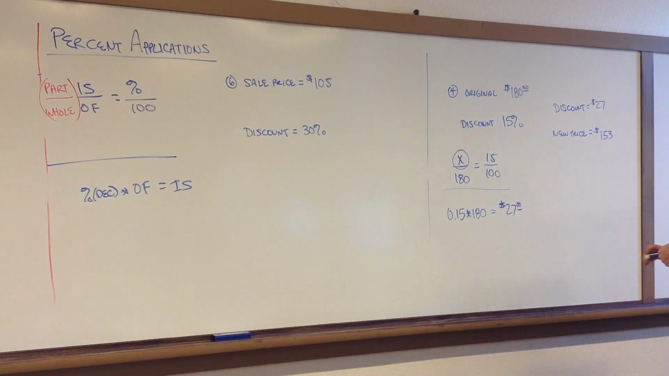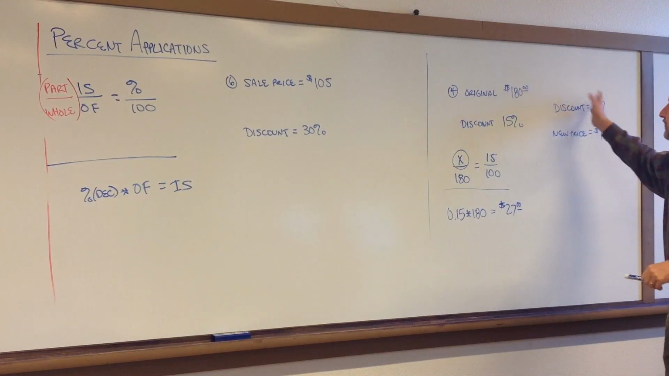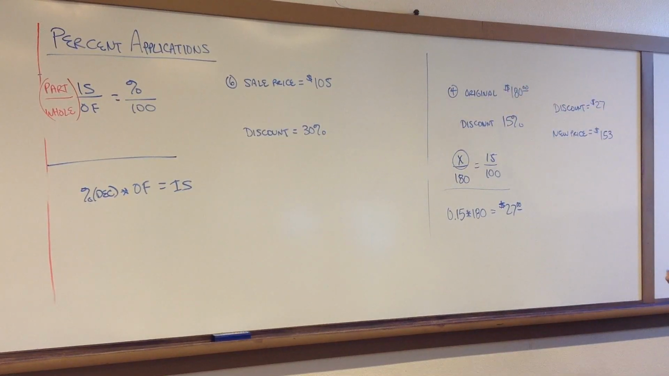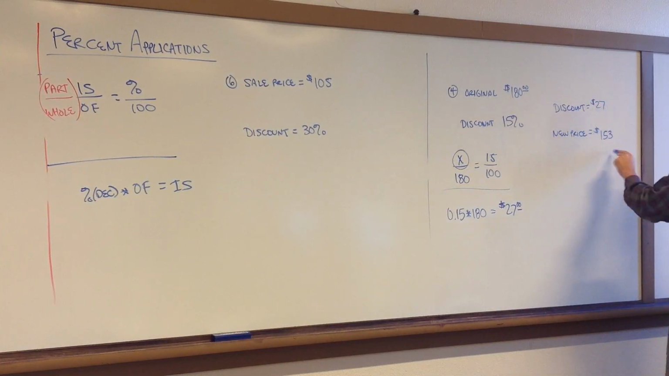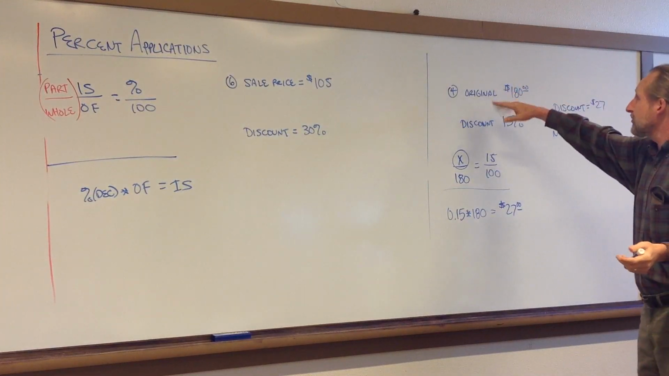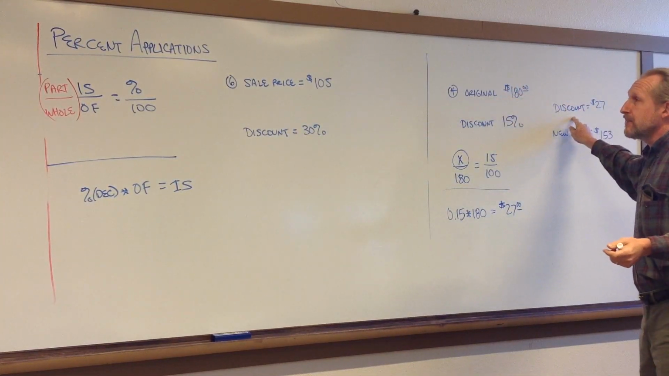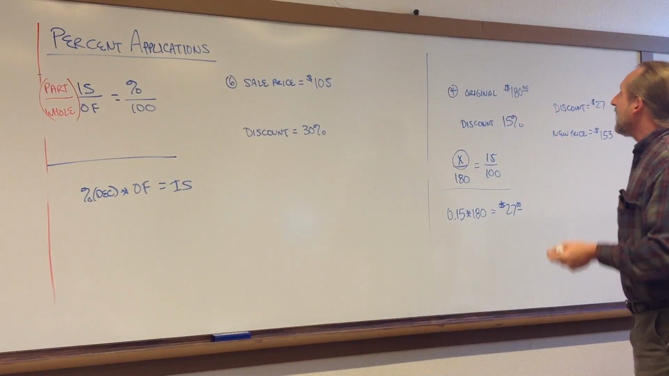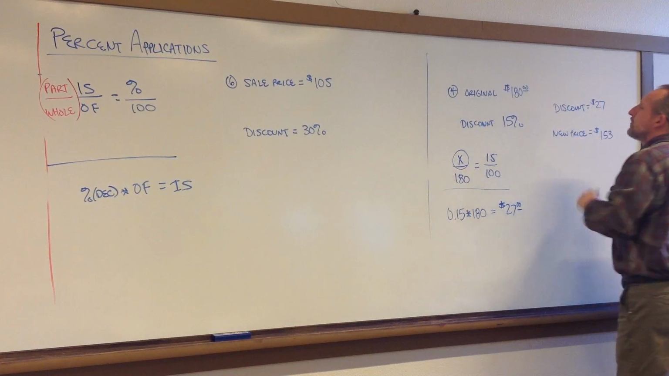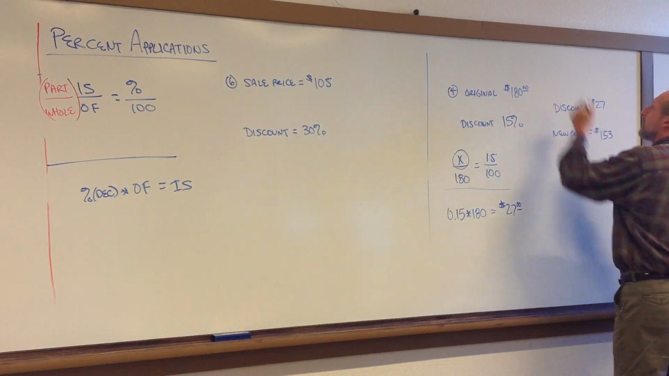The sale price is related to the original price and the discount, okay? Notice that it was the original price minus the amount of the discount to give you the sale price. Now we don't have any of that information. We don't have the original price, we don't have the amount of the discount, but we do have the percentage of the discount. And in the same way that you do 180 minus 27